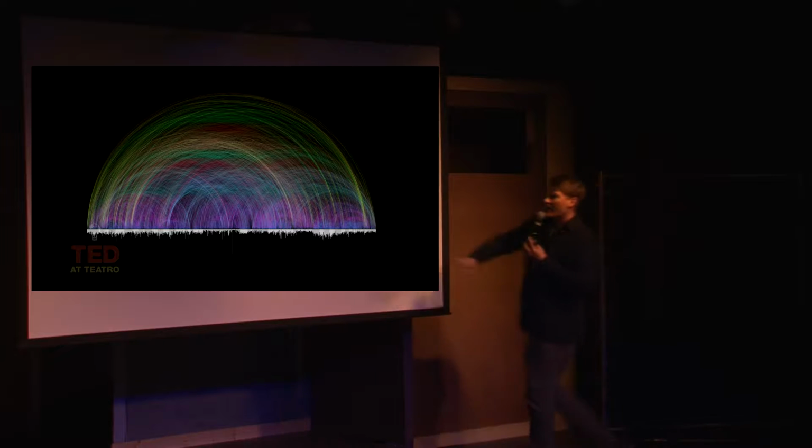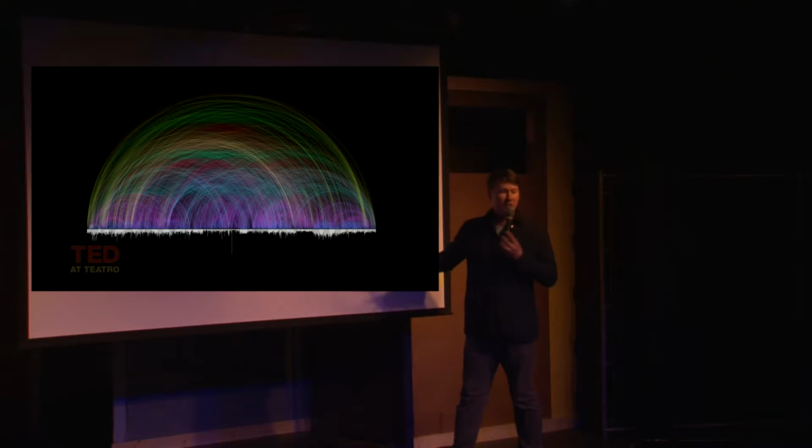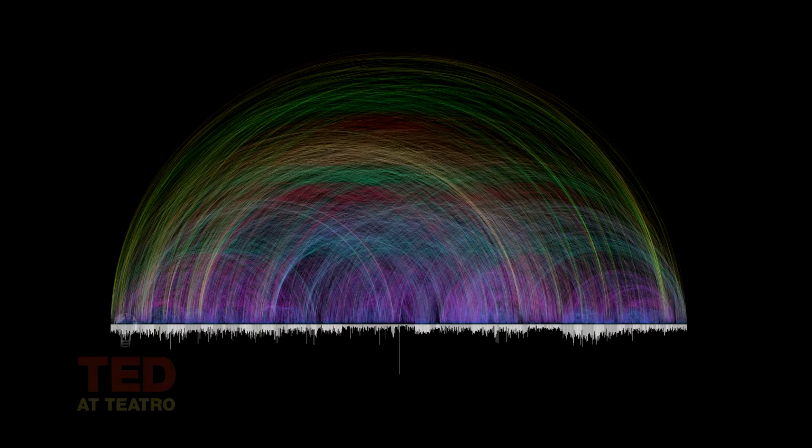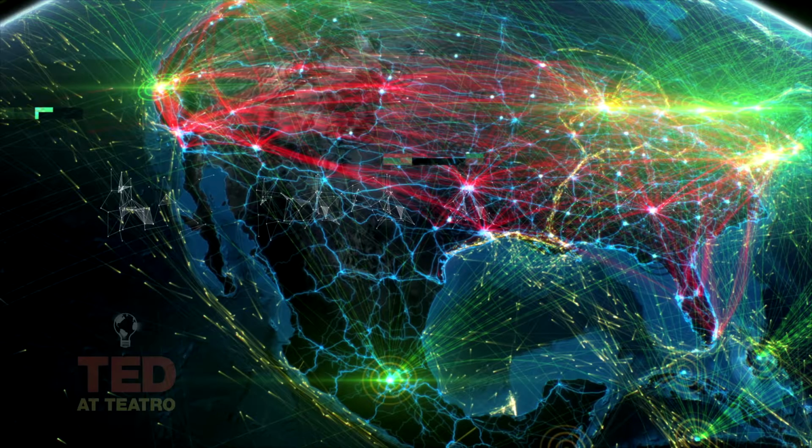This is a cross-reference visualization of all the books of the Bible. This is Genesis on one side, Revelation on the other side, and every time one book references another book, you can see the patterns. They go forward and backward. I think that is a pretty neat visual representation as well.